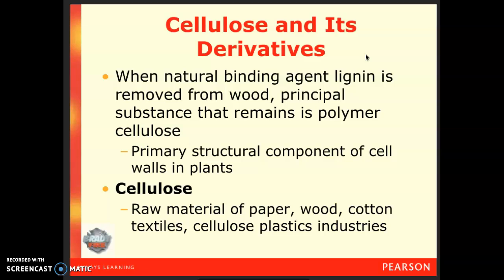If you chemically remove the lignin from the wood source, what is left over is just that cell wall material, the cellulose. And cellulose makes basically the raw material for a lot of things: papers, natural woods,